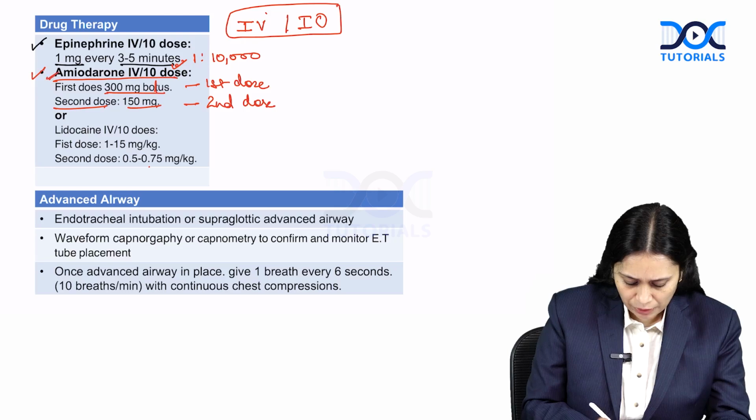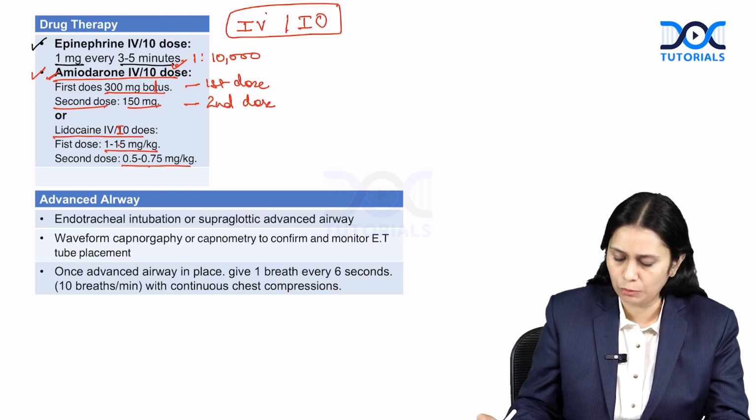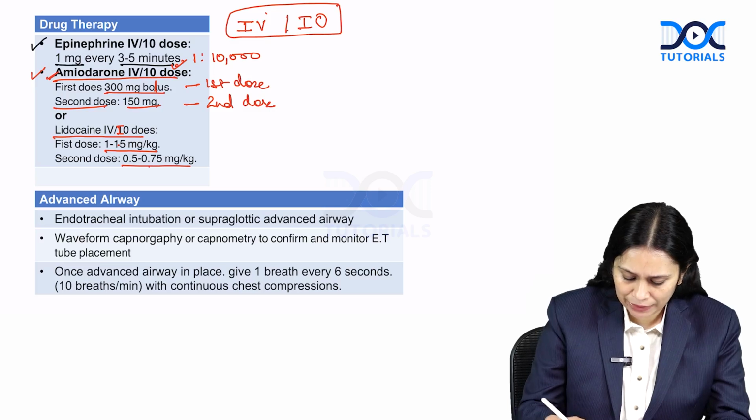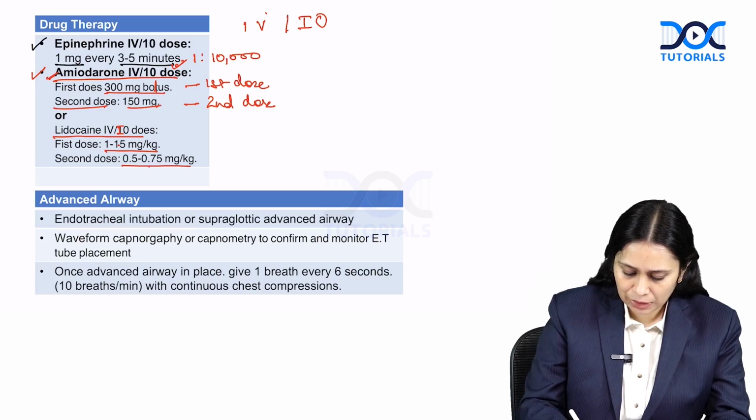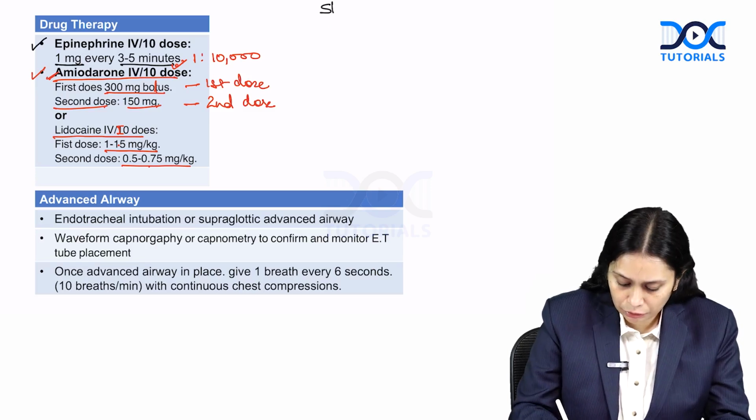And if we don't have amiodarone, we use lidocaine, IV or intravenous, and the dose is 1 to 1.5 milligram per kg, the first dose, and second 0.5 milligram per kg body weight. So if I divide that for shockable and non-shockable, what we are using, so drugs, shockable